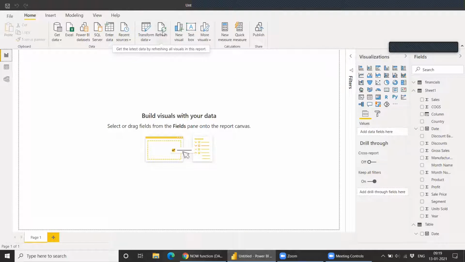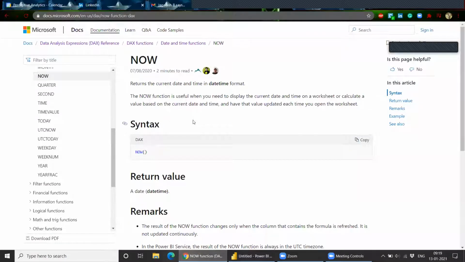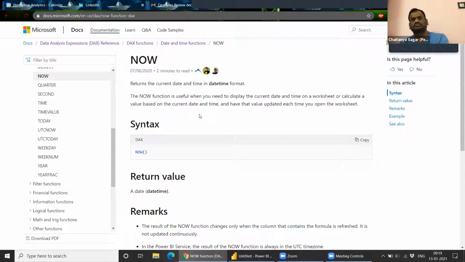Whenever you click it, it will just refresh the complete file. But sometimes, like in my existing project, we have a large number of files attached to it, so clicking refresh will take time. So in those cases, we can use this now function. Whenever you open this file, it will take the current date. If you don't want to refresh, then in those cases, you can use this now function.